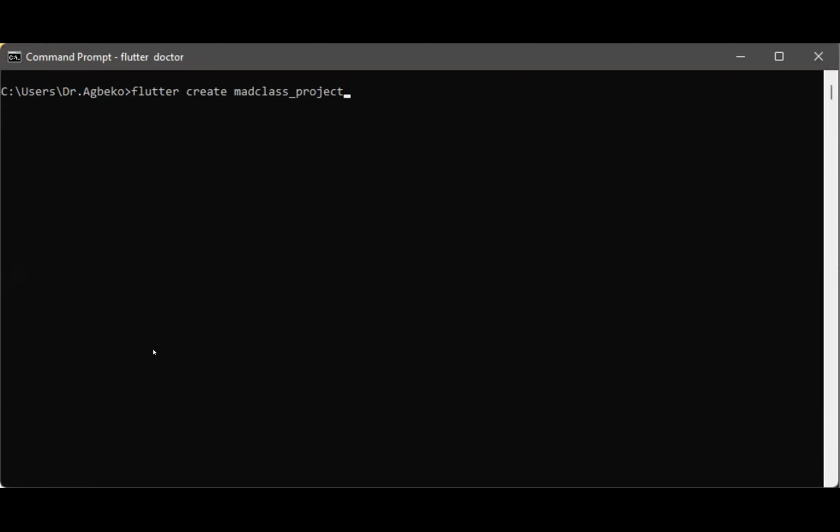So Flutter create mad_class_project. And then I enter. So when you type this command and you enter, it creates the project for you. So it's creating the MAD class project.